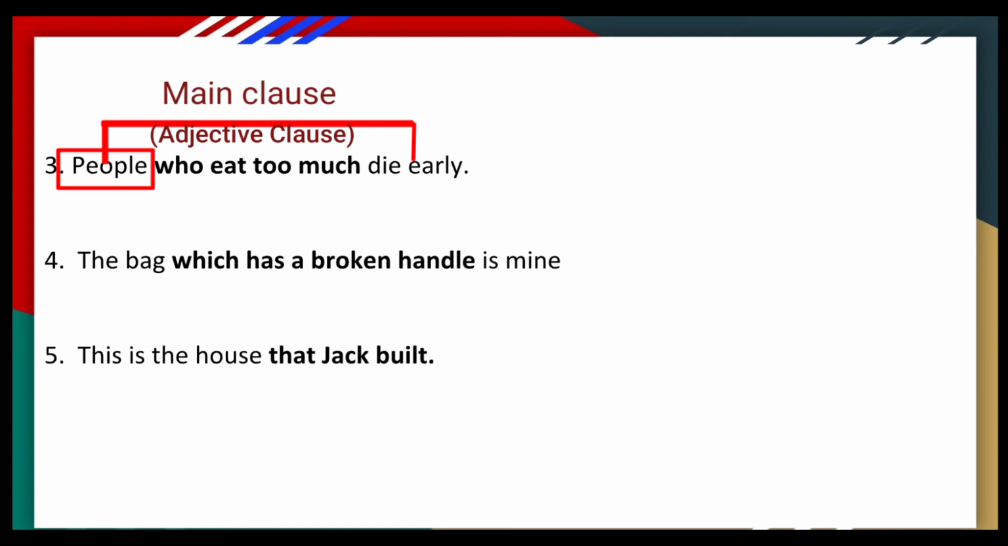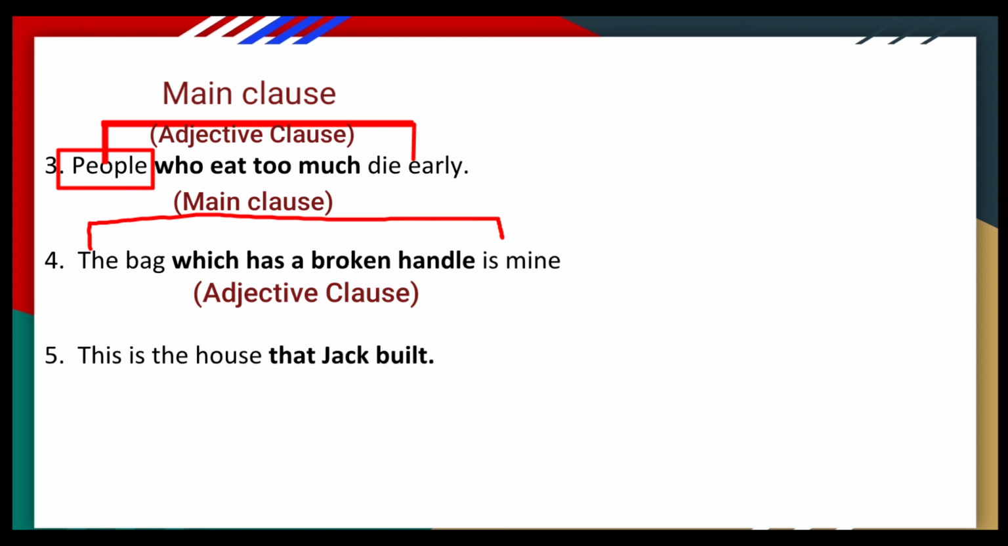The bag which has a broken handle is mine. Now students, according to you, which is your main clause? The bag is mine is your main clause, and which has a broken handle is your subordinate clause. Which has a broken handle? The bag. Which bag? Which has a broken handle. So we are getting more information about the bag in our subordinate clause. So, which has a broken handle is your